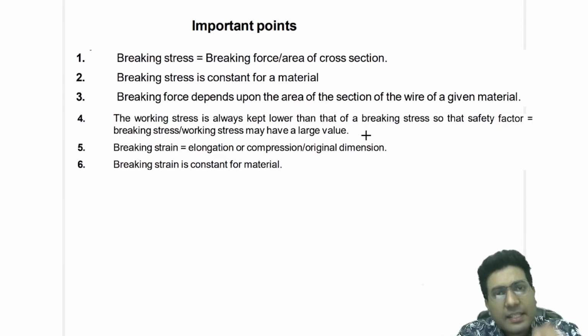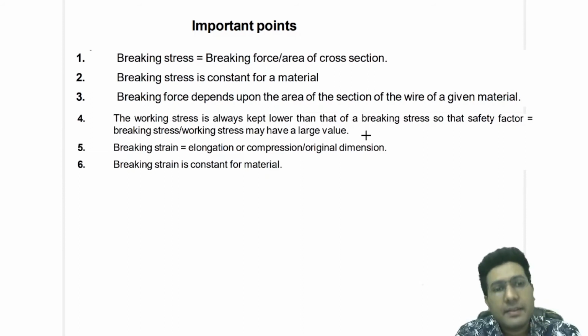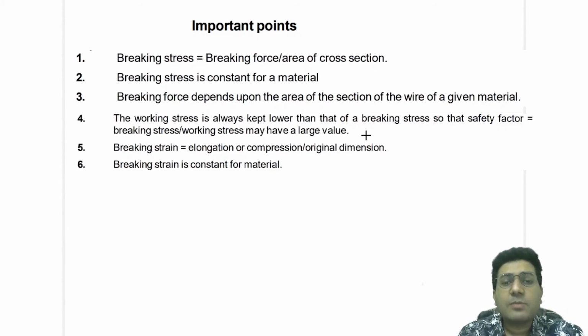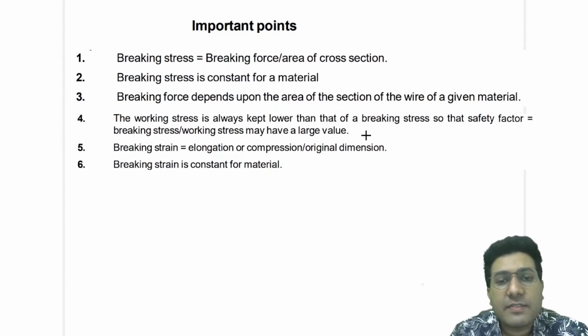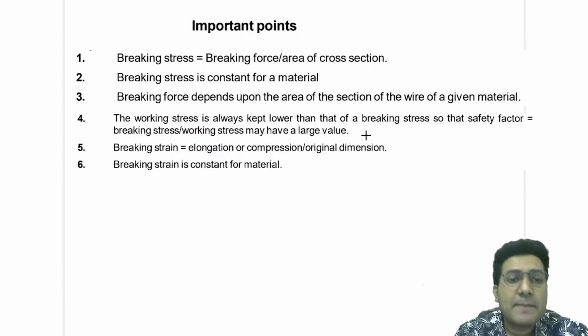With time the elasticity or the elastic power of the body keeps on decreasing. As you keep on putting the load, removing it, again putting the load, again removing it, in this process the elastic nature decreases. So suppose now it is able to handle 100 kg of weight, but maybe after 1 year it might not be able to handle 100 kg of weight. That is why there is a safety factor which is always considered, and the safety factor is defined as the breaking stress divided by working stress. Working stress is always less than the breaking stress.